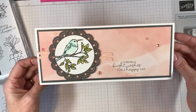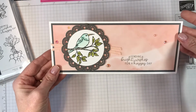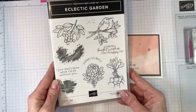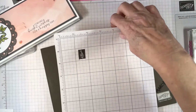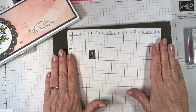Today I'm going to be sharing how to create this pretty slimline card that features the Eclectic Garden stamp set. This was one of the projects my lovely ladies created during my Saturday soiree that I held in February. So let's get stamping. As it's a photopolymer stamp set, we need a